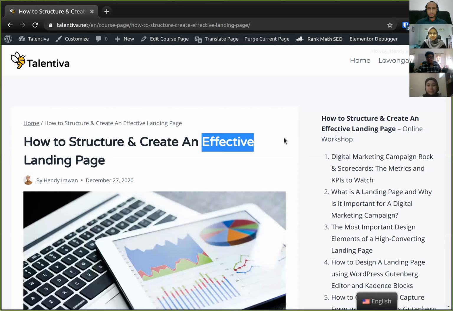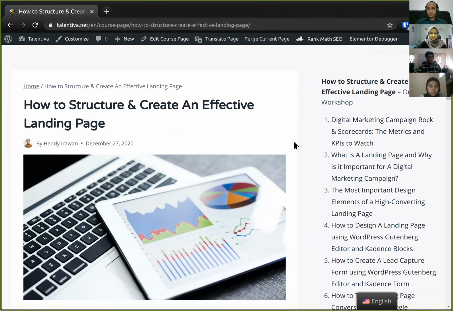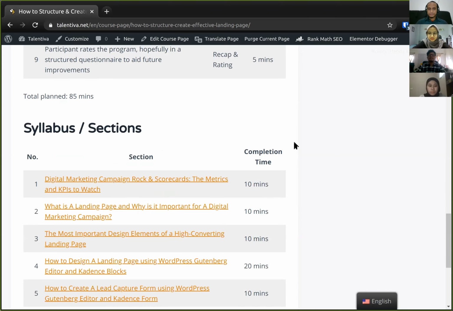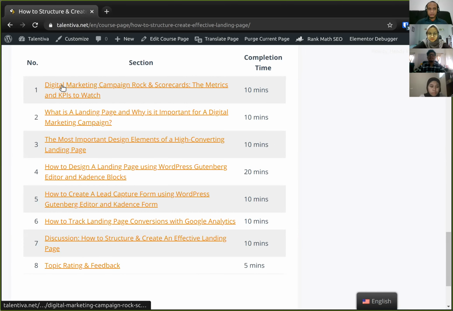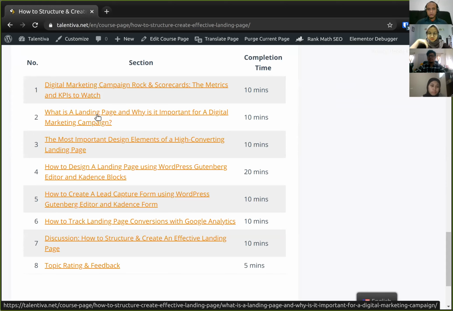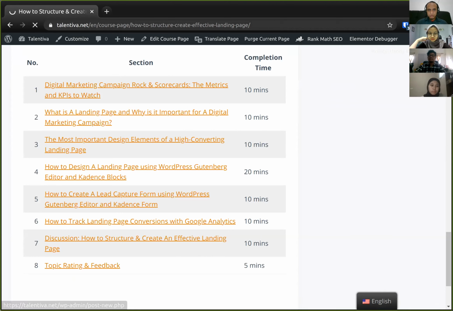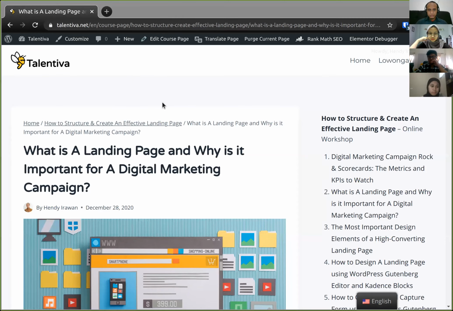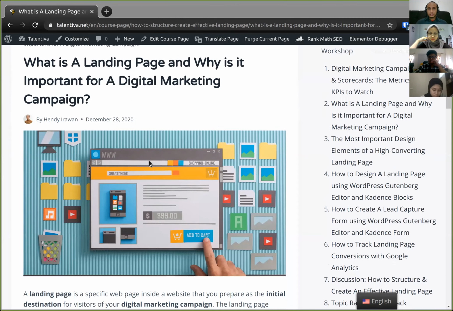Okay, so this is the syllabus. How do we structure and create an effective landing page for a digital marketing campaign? In the previous episode, we have done the digital marketing campaign rock and scorecard. So now we are moving to the second episode, and that is what is a landing page and why is it important for a digital marketing